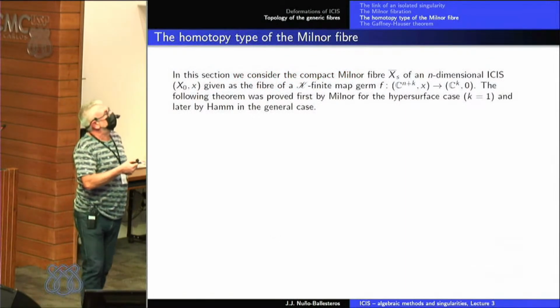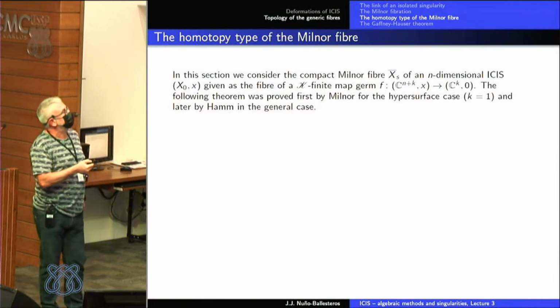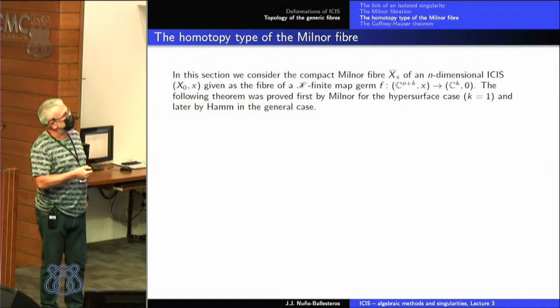Okay, so let's go now to define the homotopy, to see about the homotopy type of the Milnor fiber. In this case, we now consider an ICIS, X0, and we will see about the compact Milnor fiber, X bar S, which is given by a map germ F from a smooth variety X, which in this case is C^(n+k), to C^k. The following theorem was proved first by Milnor in the hypersurface case and later by Hamm